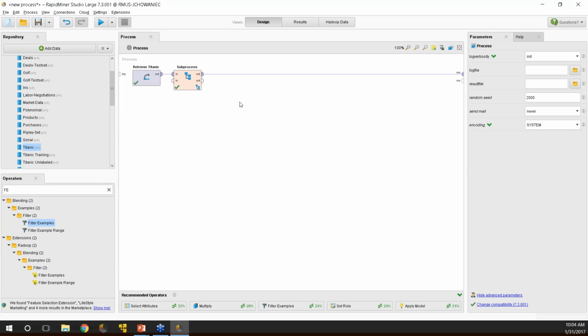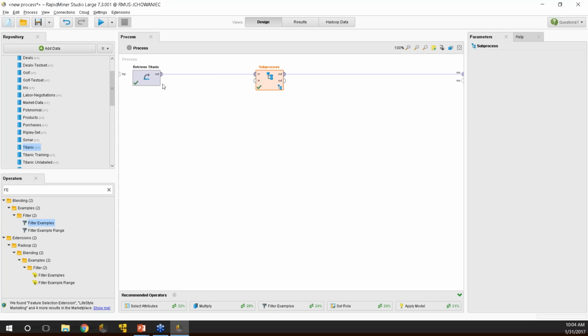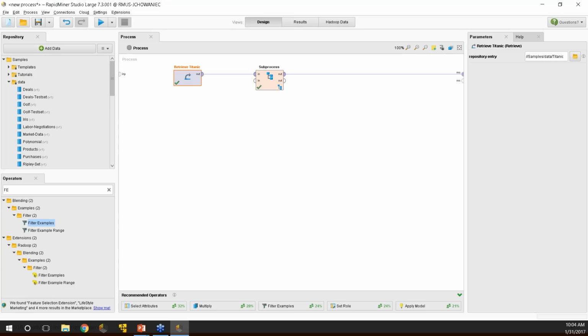So if you were to open Studio for the first time, you would get a very similar view to what I have on my screen, except for this process here. I've just pulled some sample data from RapidMiner itself. So this retrieved Titanic is actually in the samples folder. So if you're watching this or want to attempt some of these tips and tricks, the data that I'm going to be using is going to be built into the platform. And I've just done a few data prep steps, but none of this is particularly important at this very moment